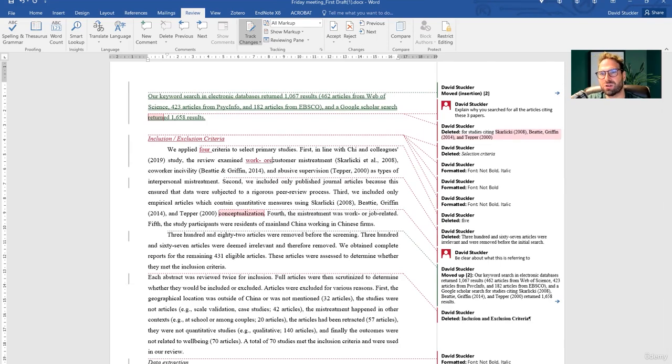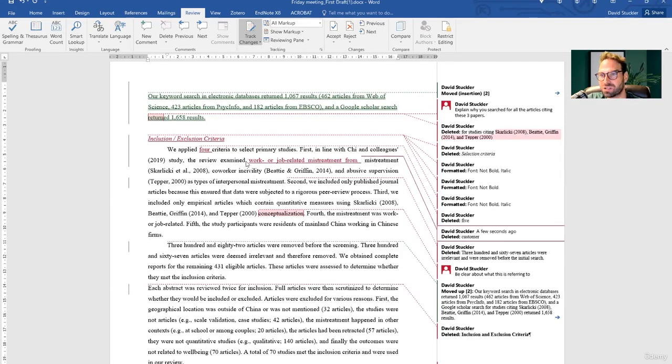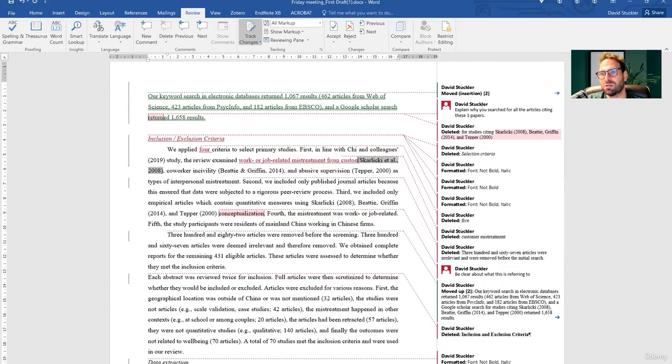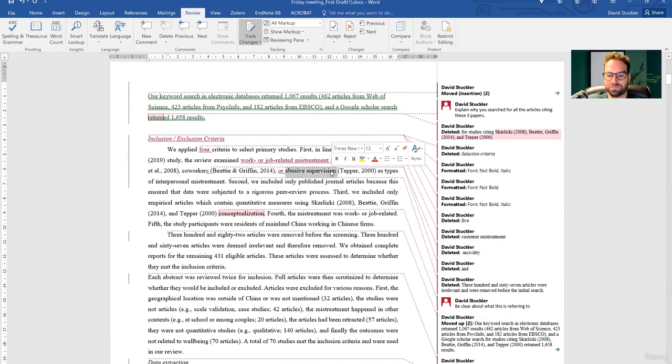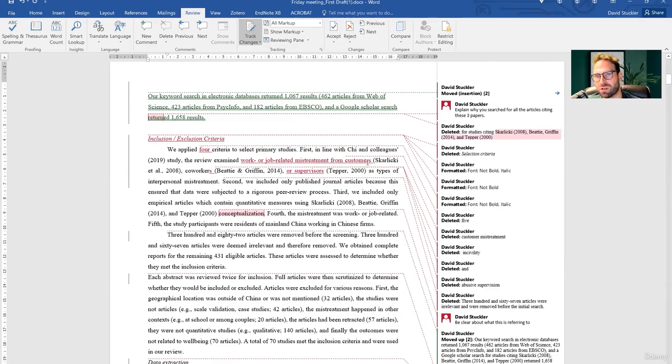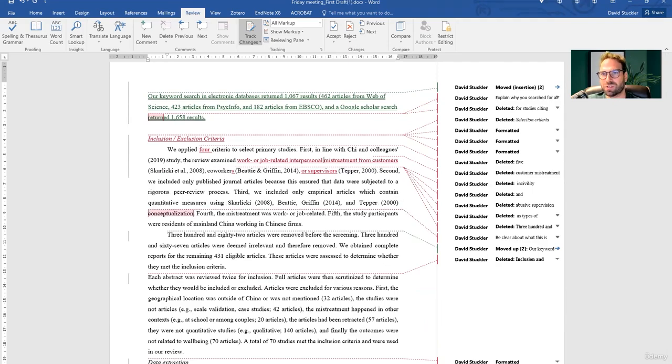Examine work or job related mistreatment from customers, coworkers, or supervisors. Just cleaning this up a bit. Fifth, study participants were residents of China, Chinese firms.